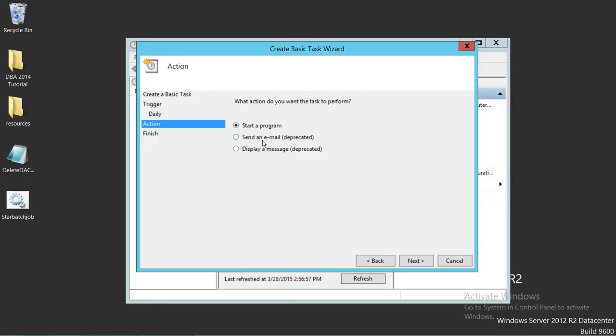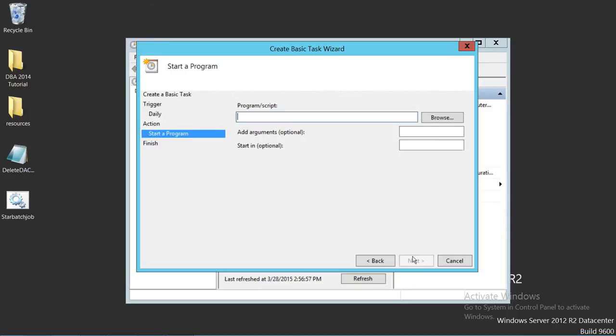Start a program, send an email, or display a message. Right here is start a program, which is our command line. So it's going to ask us, okay, you told me to start a program, where is that program? So we're going to go ahead and start a program, click next, and here is the program or the script. Right here our start batch job is our script. So we're going to go ahead and click on browse